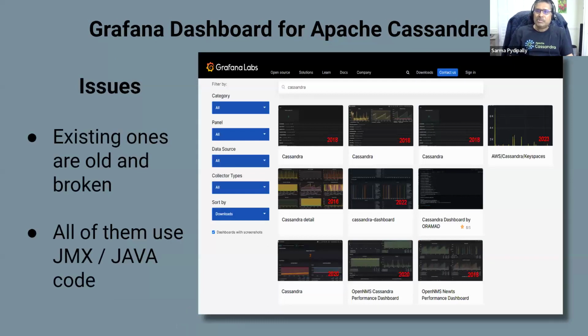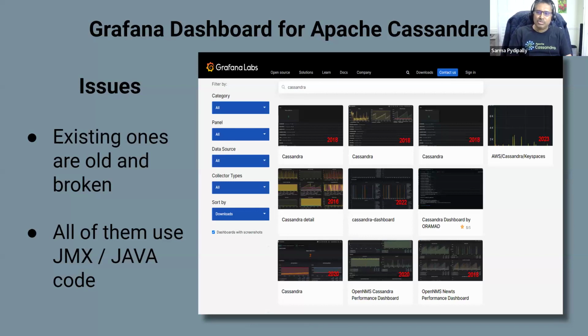Now, there were some dashboards which were existing already when I started looking at this problem. You can see, maybe you're not able to read the text, but don't worry about that. All the existing dashboards for Cassandra are very old and not kept up to date with the versions. As soon as Grafana releases a new version, you have to go back and re-verify all the widgets you're using.